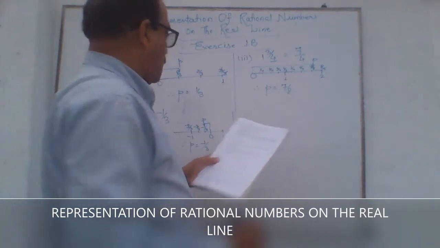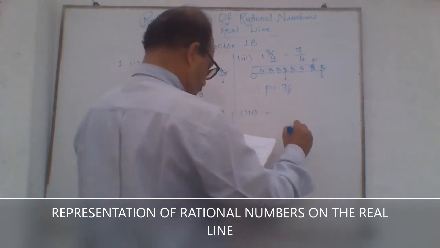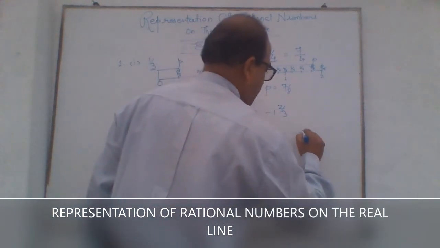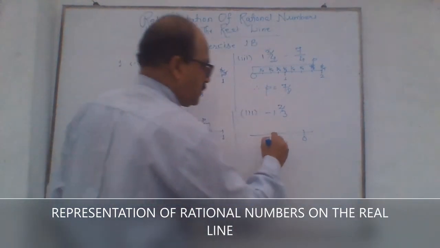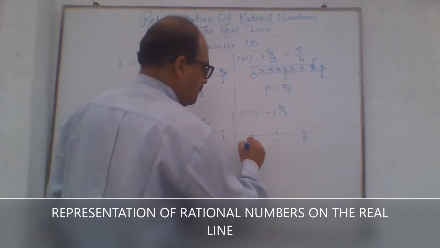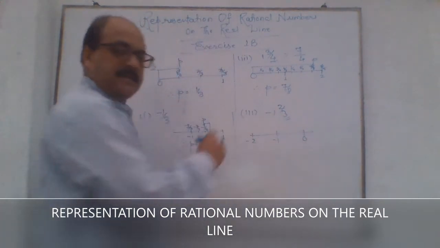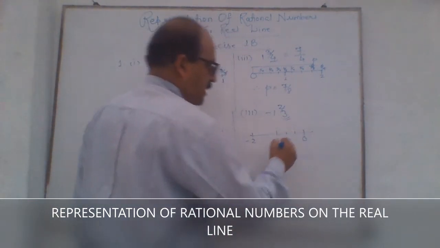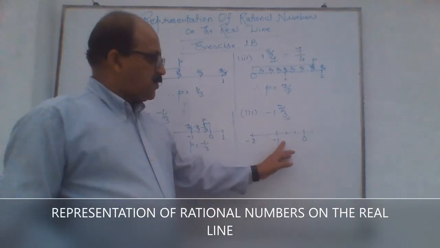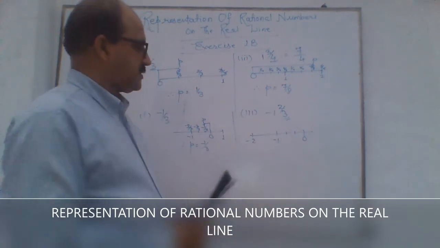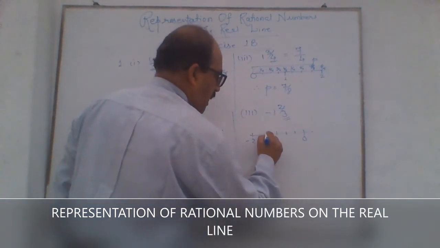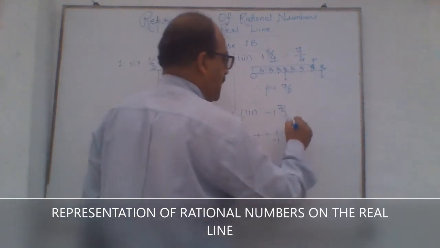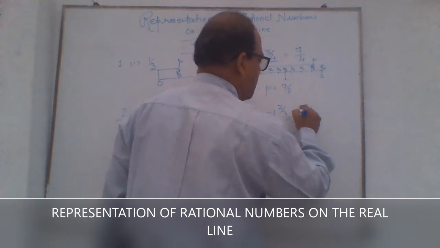-1 whole 2 by 3. Here, this is the number line. Here it indicates 0, this one minus 1, and that one minus 2. And see here, the denominator place is 3. So this block is divided into 3 equal parts. So this one also, at first do it in improper fractions. 3 ones are 3 plus 2 is 5. This one here 5 by 3, minus 5 by 3.